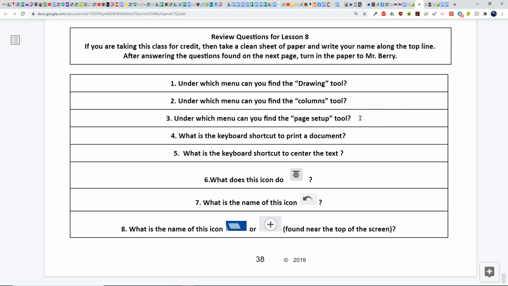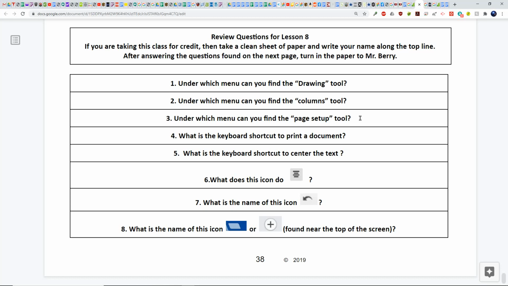Number 1. Under which menu can you find the drawing tool? Question number 2. Under which menu can we find the columns tool? Number 3.